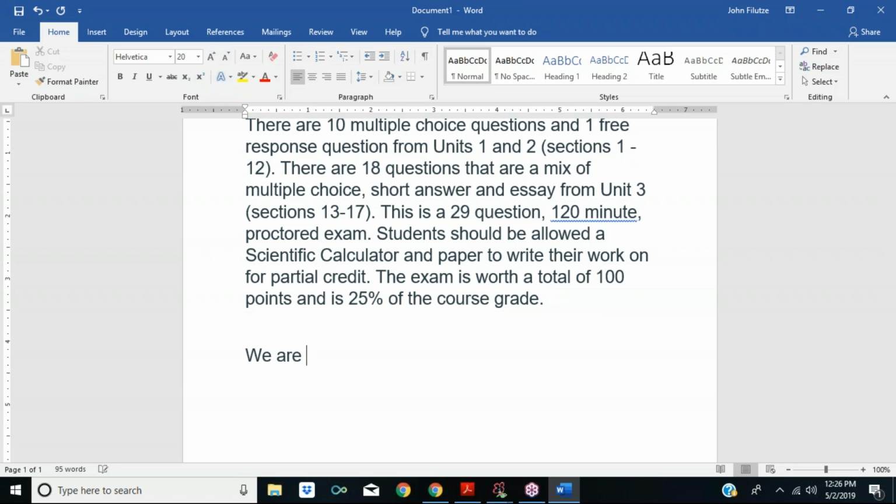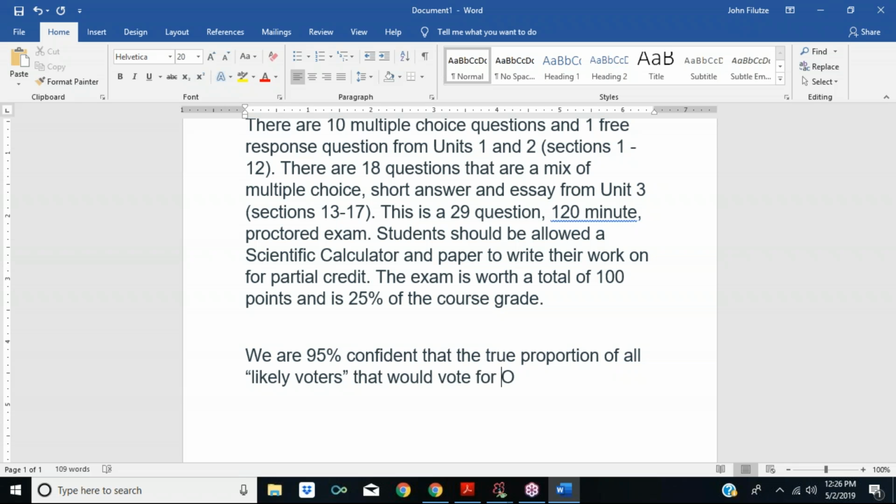We're 95% confident that the true proportion of all likely voters that would vote for Obama-Biden